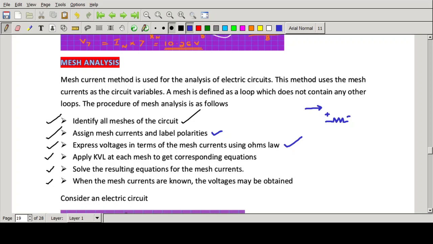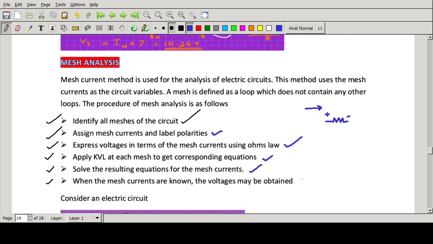You have to be very clear about the sign convention while expressing the polarity of the voltage drops using Ohm's law. Then, after getting the voltage drop across the various passive elements, apply Kirchhoff's voltage law. In a mesh there may be one or two passive elements. Add the voltage drops across all the passive elements together along with the EMF. That will give you the equation corresponding to that particular mesh. Like that, you have to find it for each mesh. If there are three meshes, there will be three equations and three unknown variables, and these unknown variables are the currents. Then, after getting the equations, solve them to get the mesh currents.